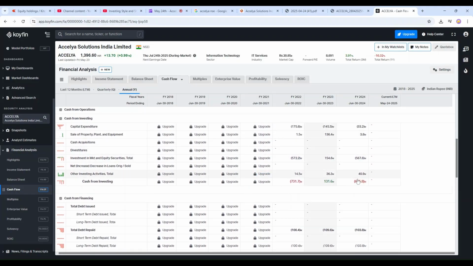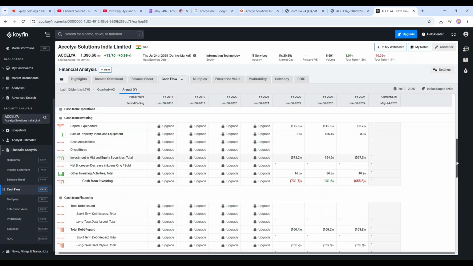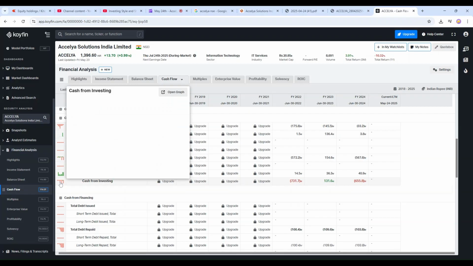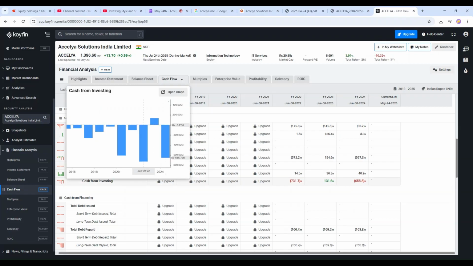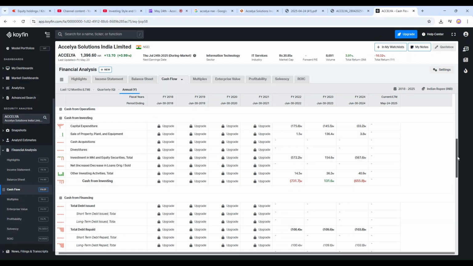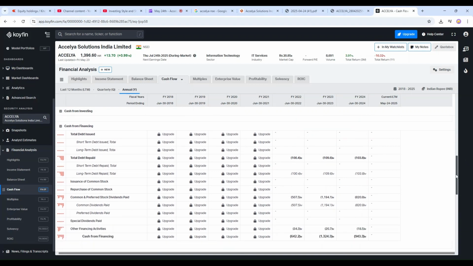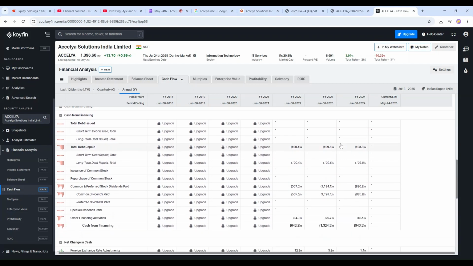As long as cash from investing is negative, it's a good thing. Positive cash from investment means they are selling the investments which they hold, which is not a good thing. But this positive amount was very small compared to the negative amounts around it, and it looks to be a one-time thing, so it's good. And then they don't have much debt. They have repaid some of their debts, and they pay a high amount of dividend.